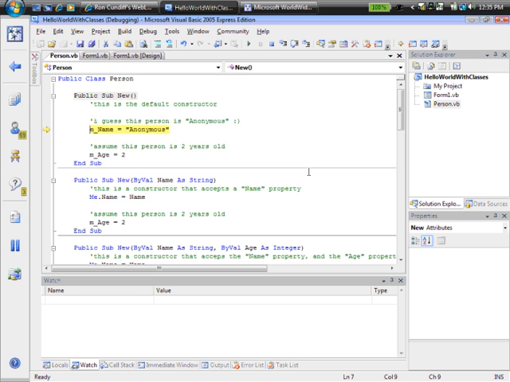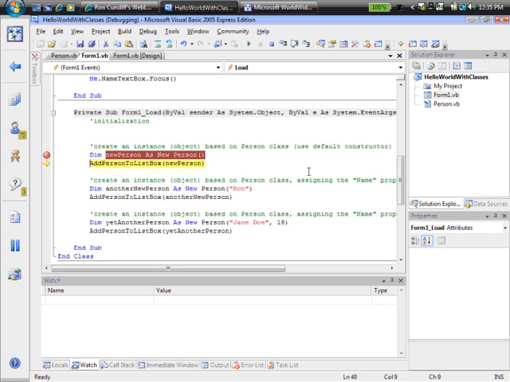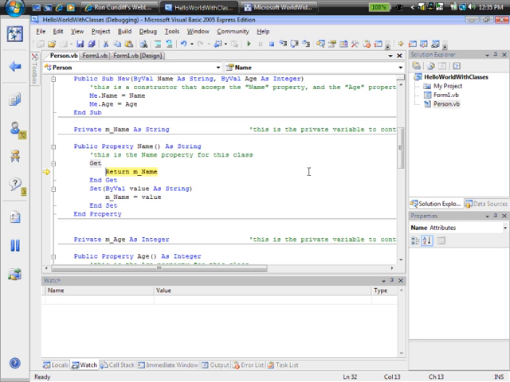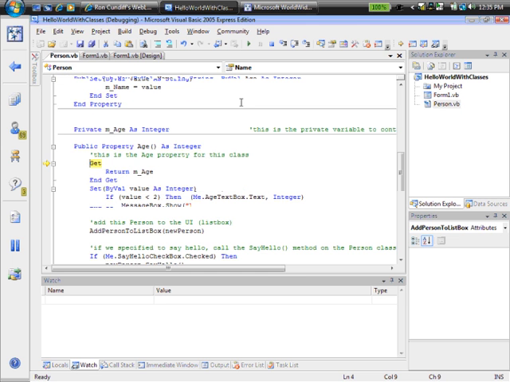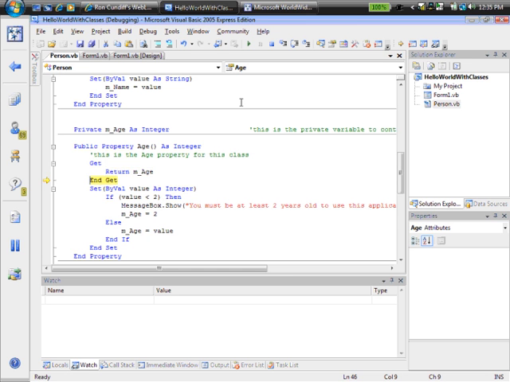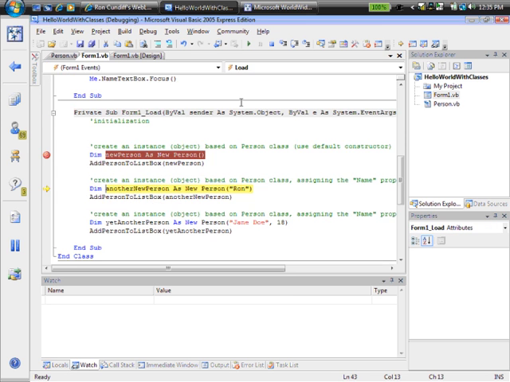Notice that it calls the default constructor. And so its default constructor says, okay, I guess you're anonymous, so I'm going to assign the name property anonymous, and then I'm going to assign an age property of 2. And then I'm going to add this person to the list box. Notice that when I add this person to the list box, it jumps into the get accessor for the name property defined for my person class. And so it's going to do it once again. I'm actually utilizing the age property within this list box statement as well. So it's going to jump to the get accessor for the age property,